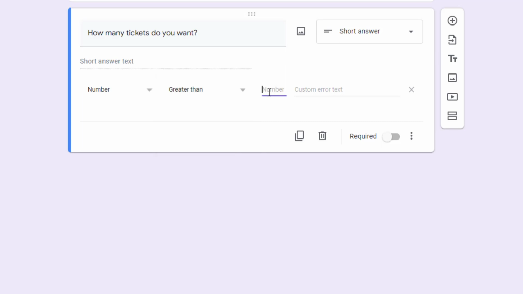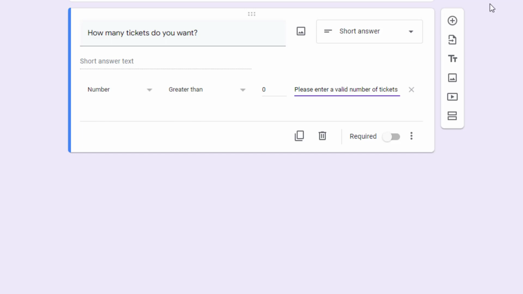So we want this, since we're getting the total number of tickets that we want, to be greater than 0. If you're requesting 0 tickets, well, you're not needing to fill out this form, and there's no such thing as negative tickets. Then you're asked to enter error text. It'll just say that it failed validation if you don't have error text, so we're going to enter that in. Alright, so we've got that in here.